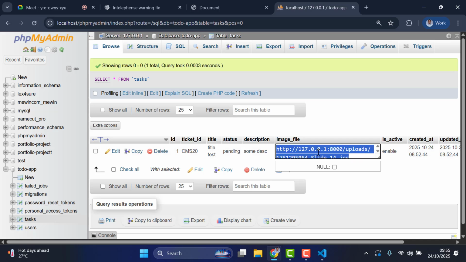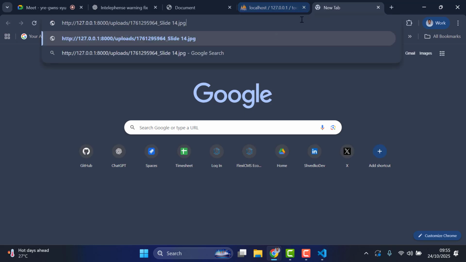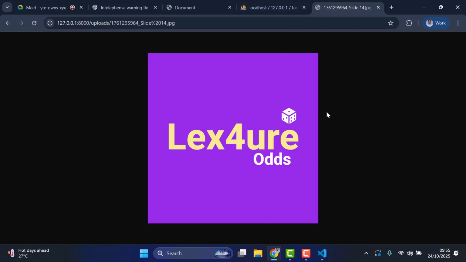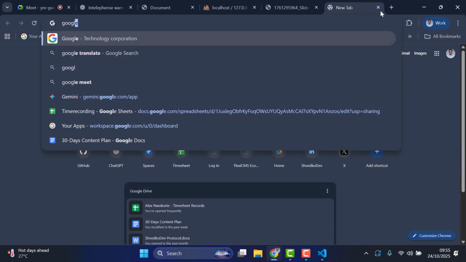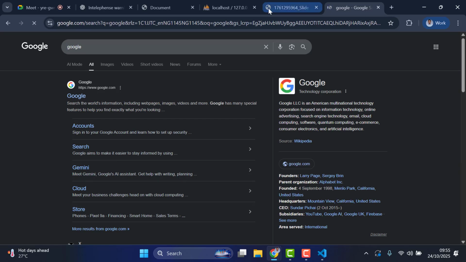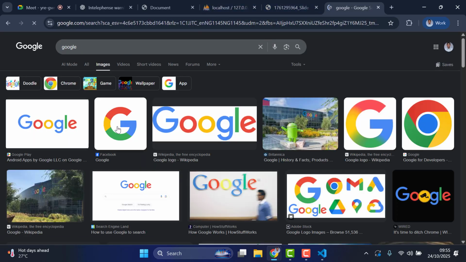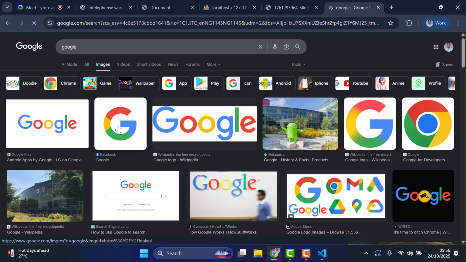Let me copy this URL. If I paste it in the browser here, you can see now we are seeing the image. So this link is actually holding an image, just like all the stuff you see in Google Images. Let me just click images here. If I click one image,